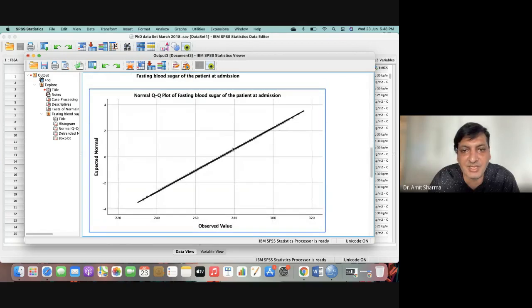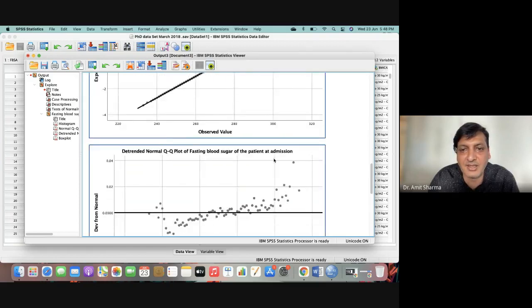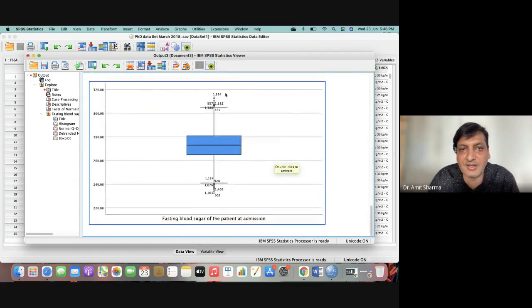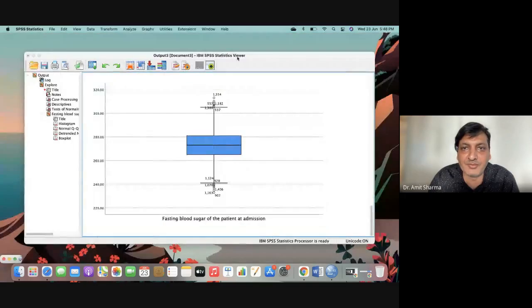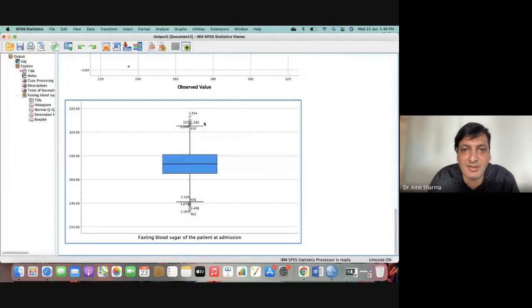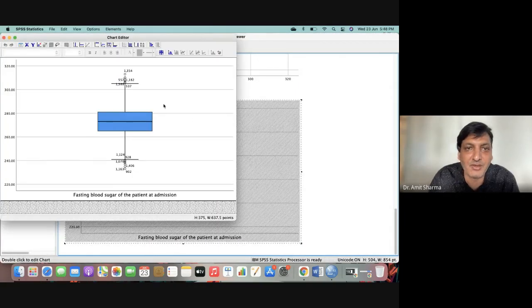See how nicely I'm getting a straight line, and all the data points are close, no deviation at the end. And whenever you apply SPSS, it will let you know which case is causing a problem. You're going to get a box plot like this, giving some numbers on the top. For example, here you can see 1354, and here 902.